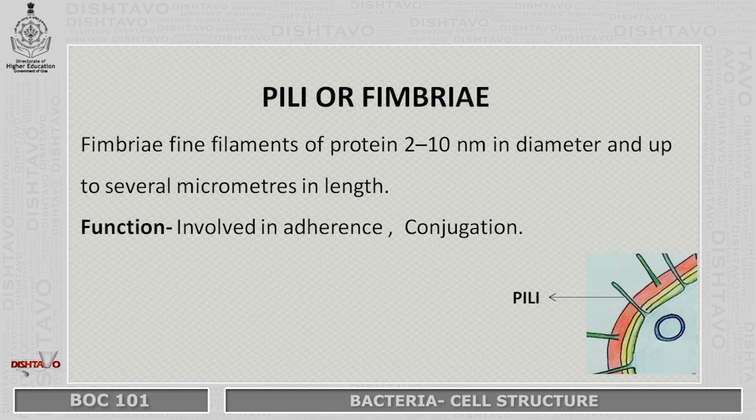Bacteria also possess hair-like appendages coming out of their surfaces, called pili. They possess the ability to cause diseases by binding to the cell surface. They also help to adhere to mucosal cell surfaces and are involved in conjugation, that is, transfer of genetic material by forming a bridge-like structure.